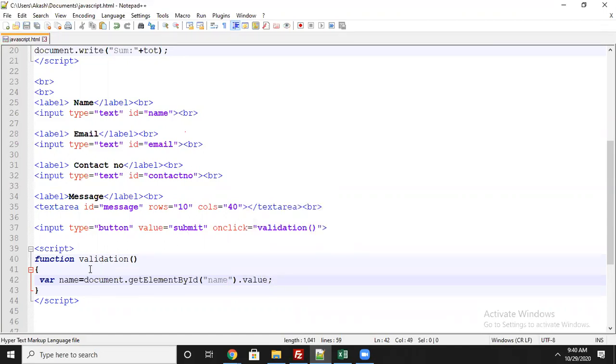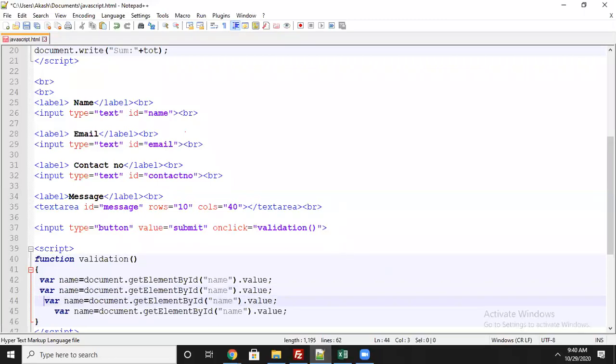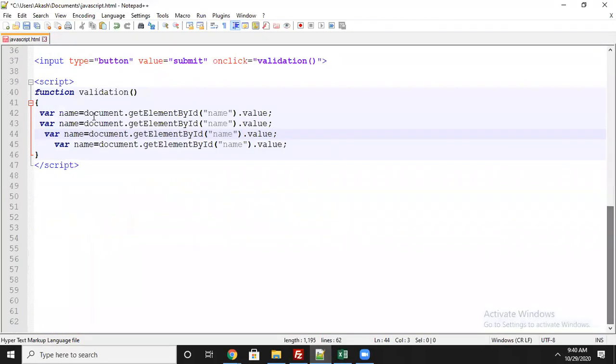From where is the value coming? The value is coming from the text box. Similarly, I am capturing email, contact number, and message. I will copy the same variable and paste it three times. Now I will rename it according to my requirement. Let's say I will come down.